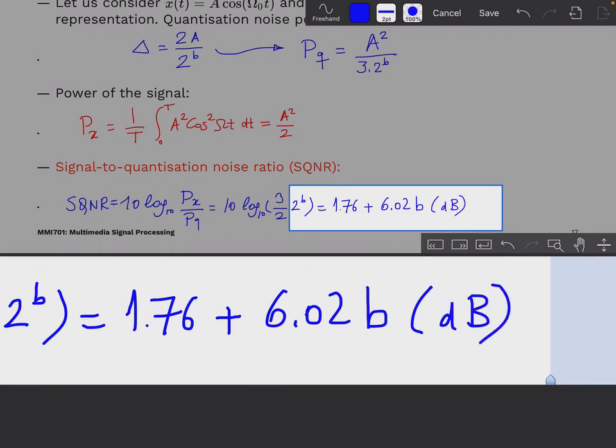So that means when you increase the number of bits you use for quantization by 1, you're going to have an increase in the signal to quantization noise ratio of 6 dB. So 1 bit means an improvement of 6 dBs. That means, say, if you're quantizing your signal with 16 bits and instead you choose to quantize it using 4 bits, you're quantizing using